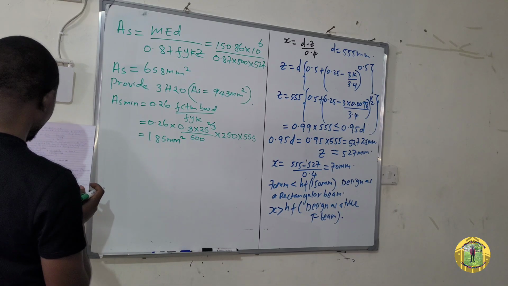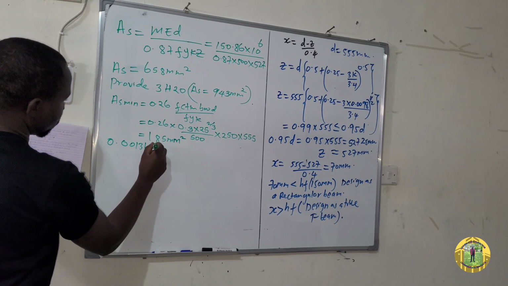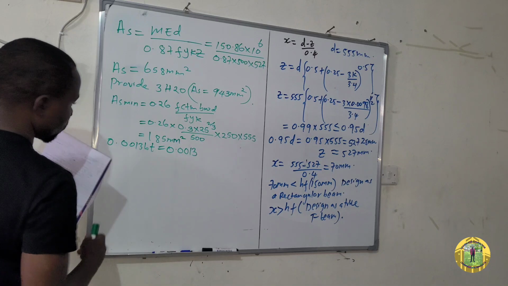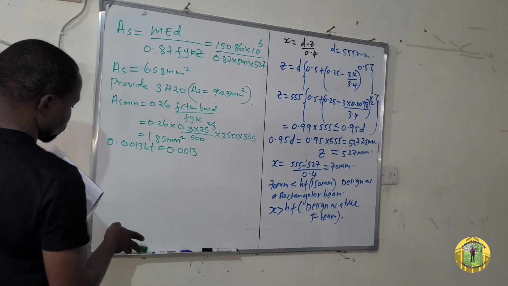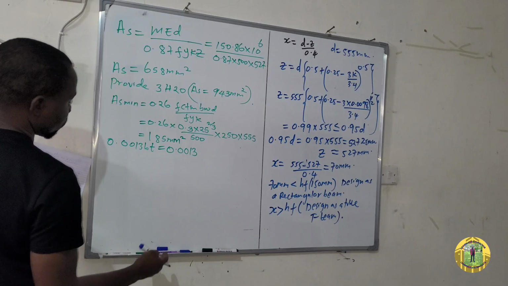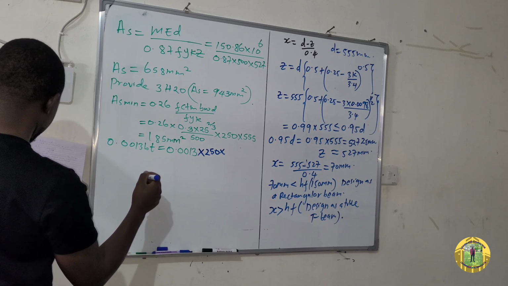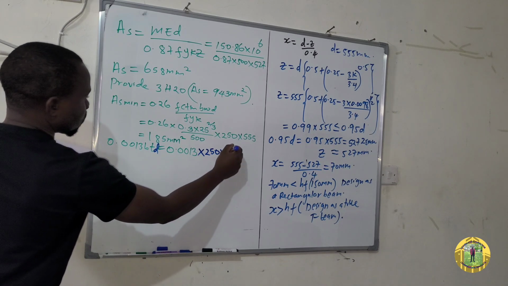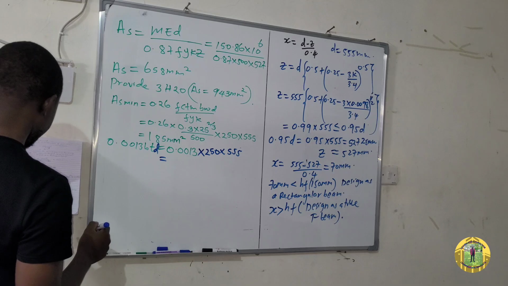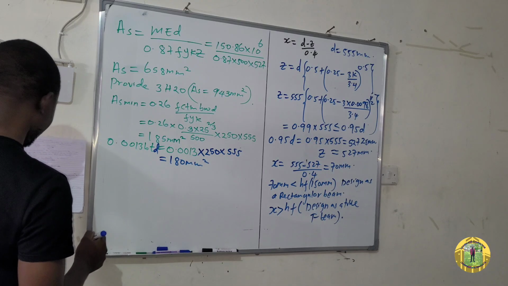From there, we again check for 0.0013 BT D. So this one is equal to 0.0013 times BT is 250, times D, so this is equal to 180 millimeter square, and then